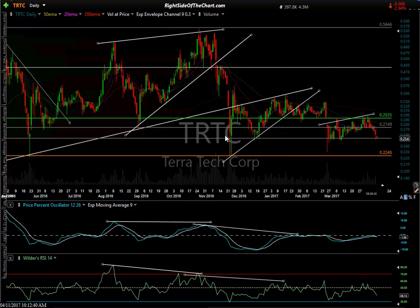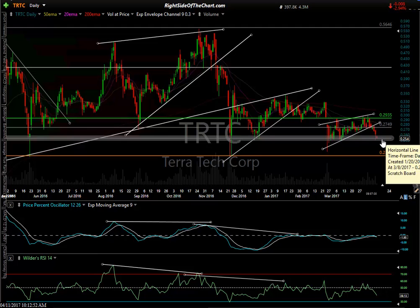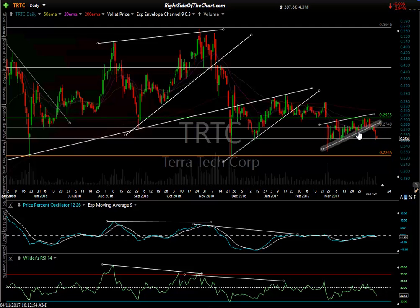So this one trades well off the technicals. It's just hard for me to say if this one's going to move back down. I can tell you if it does fall back down to this 2245 level, that would be an objective level to add. You can certainly add here. It's at support, but it recently broke below this pattern here, and it might have a little more downside to go. And if it turns around here, or even if it goes down to the 2245 level and reverses, this is a pretty key resistance level,